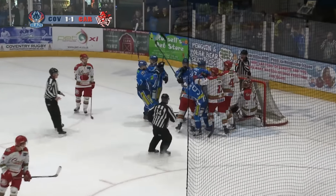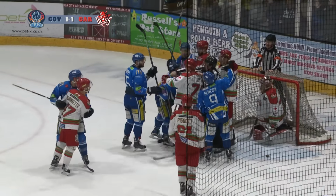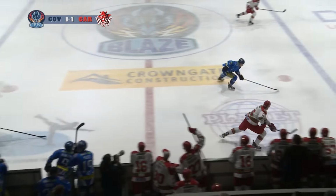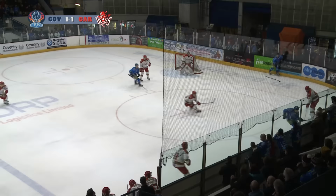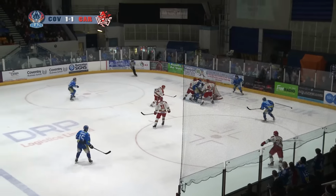I believe that's Matt Marquardt in tight, and there'll be some pushing and shoving as Josh Batch was trying to do everything he could to stop that goal going in. Blaze have tied it up. Matt Marquardt, a guy who's started to find a couple of goals. He scored against Nottingham a couple of weeks back, and here, from right in the blue paint, gets this game